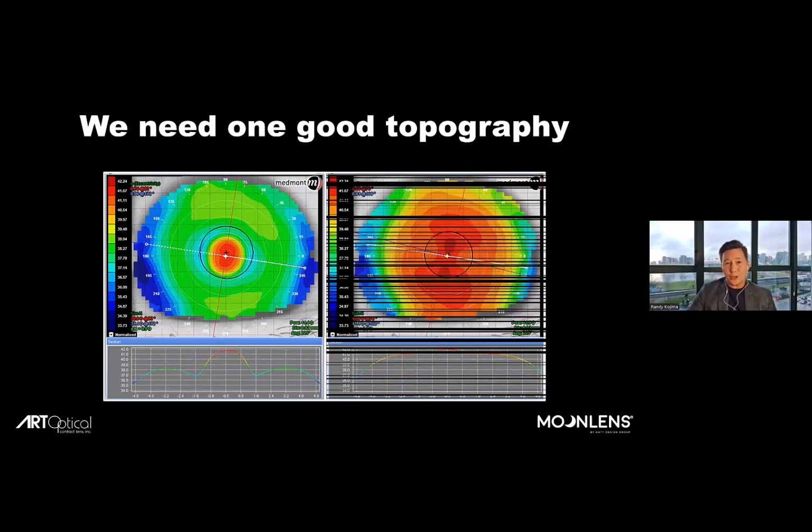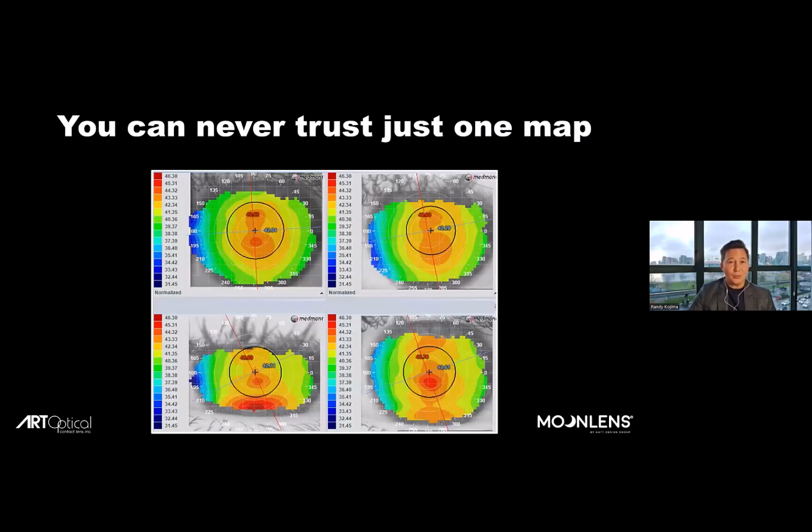This is the real shape of this patient's eye, a normal with-the-rule apical astigmatism. So never trust just one map. Always assume your topographer is lying to you. And the way you can confirm is to take multiple maps. If you see reproducibility in your topographies, then you have great confidence that you have an accurate interpretation of the